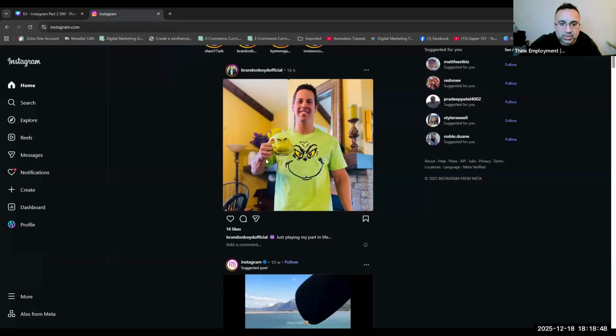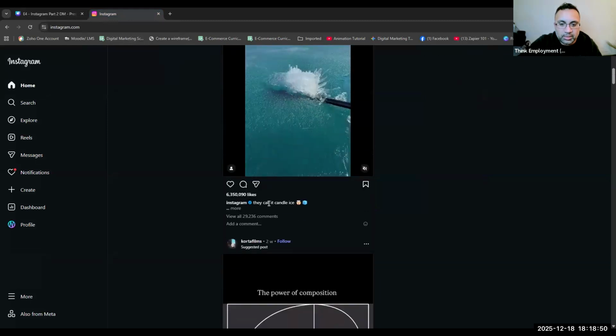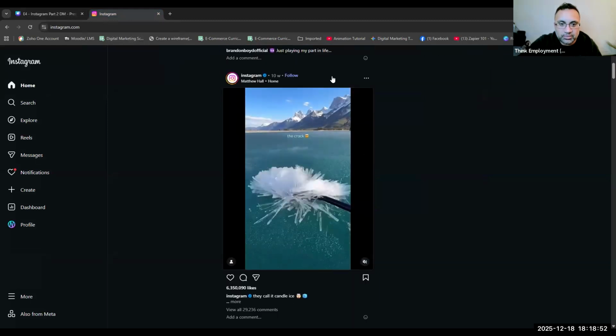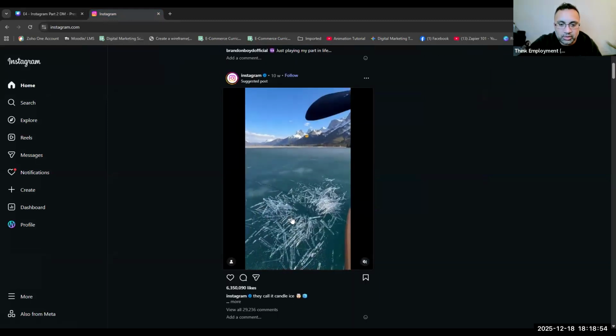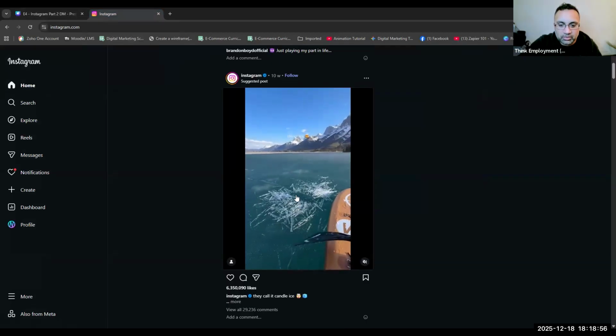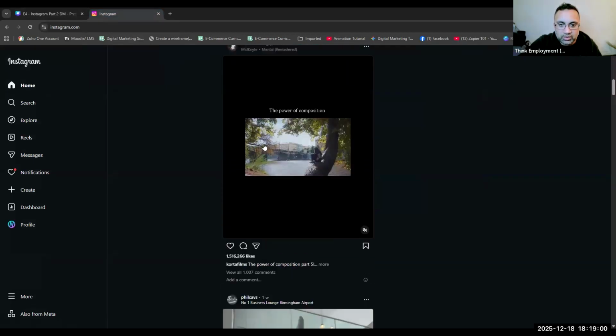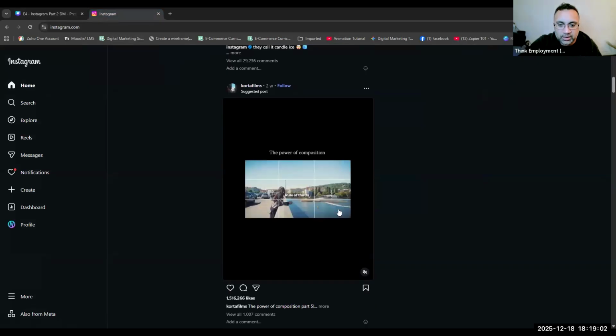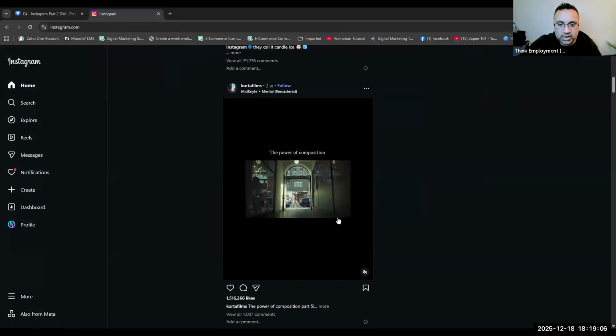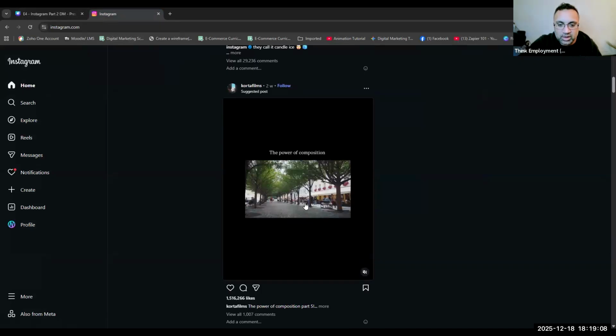You can have a background that's of the right color. But just think about it. This one, obviously, is a beautiful visual, and it's nature, right? So you've got this one here. It's talking about the power of composition, about photography, which is giving value, and it's also giving examples of different compositions,